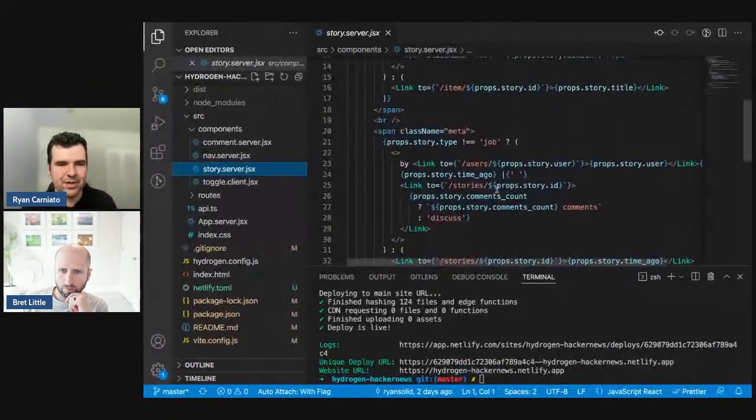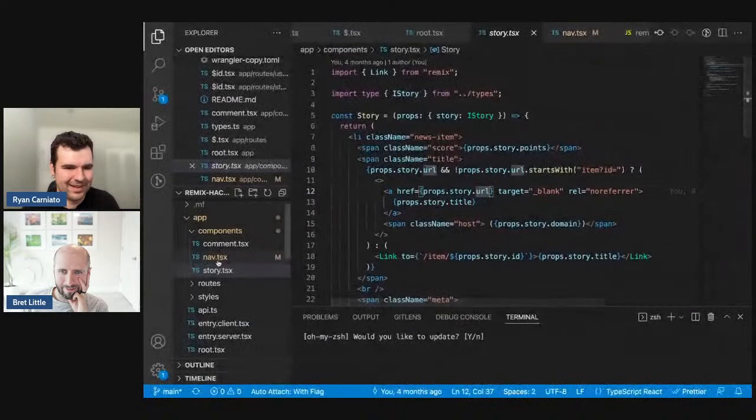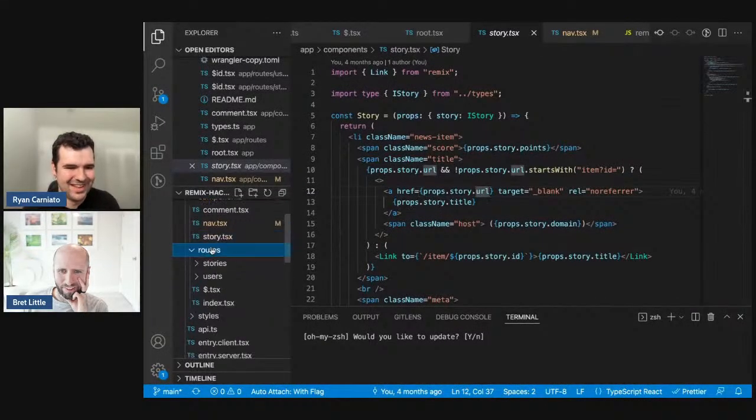And the reason I like this Hackernews demo and I use it a lot is because it's an app that is mostly static. It's one that is basically all server components. I made this in Astro using Islands. I made it with Marko as well. And we kind of saw the same pattern because the whole thing is built off the pages, which are basically static. And what I loved about this, although I did actually hit one thing, but the funny thing is it's the exact same thing I hit in Remix, which is fun,